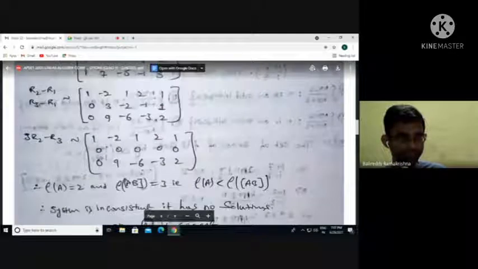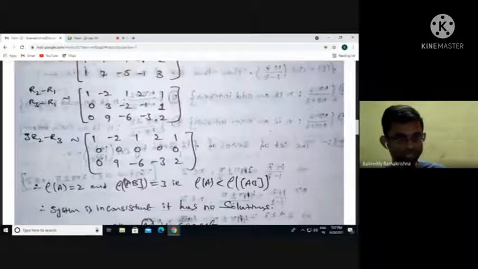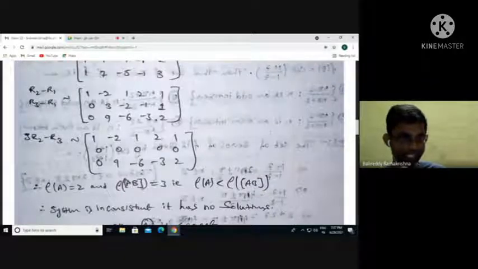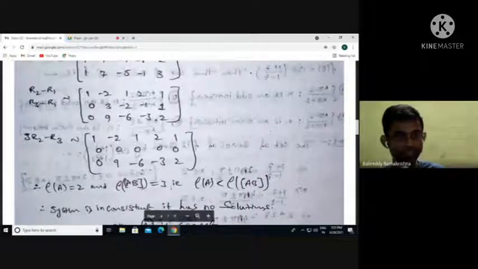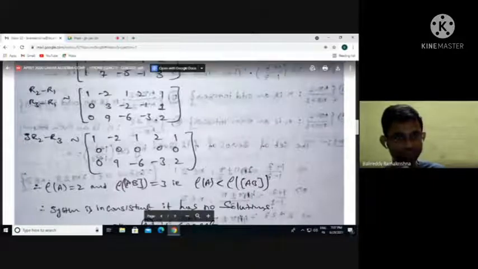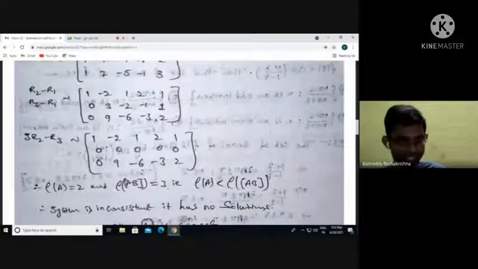And again we have to do 3R2 minus R3. By using this operation, this will be operated on R2. So by doing this operation, the complete row R2 becomes 0. Therefore, by neglecting the last column, we get the rank of the matrix A. That is nothing but rank of A is equal to 2 and rank of augmented AB is equal to 3, because the number of non-zero rows is 3. So rank of augmented AB is equal to 3.